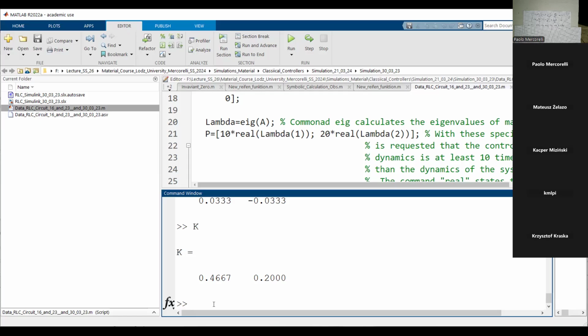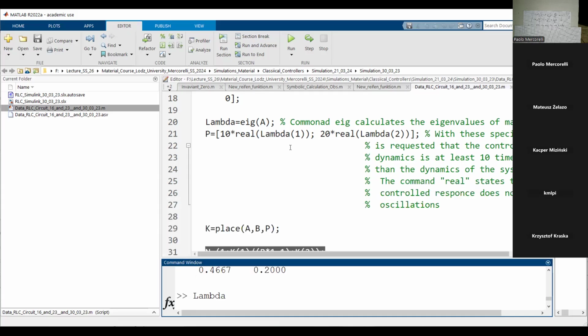Let me see the eigenvalue for A. Yes, we can see the eigenvalues of A, they are complex. We have oscillation in the original system. The imaginary part is not zero. This means in our case,